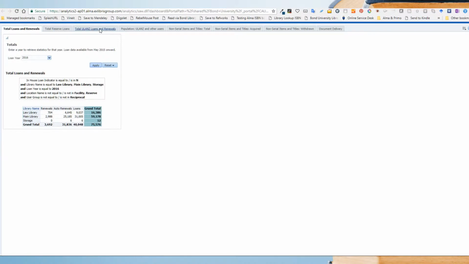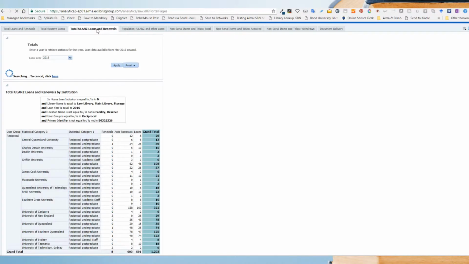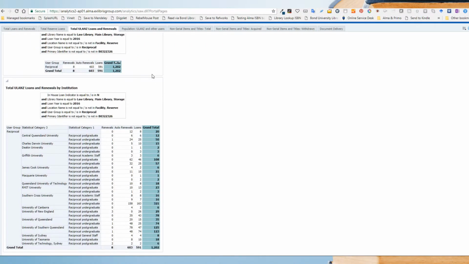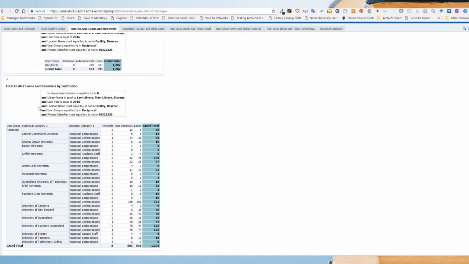If I go and have a look at the ULANs one, since we've been talking about that a little bit, you can see at the top I've got a report that gives us the total number of loans for a particular year. Once again, I can go and choose the relevant year to report on, so I can go back and look at previous years. And at the bottom of this page we have the total number of loans and renewals by institution, so I can easily go and have a look and see that